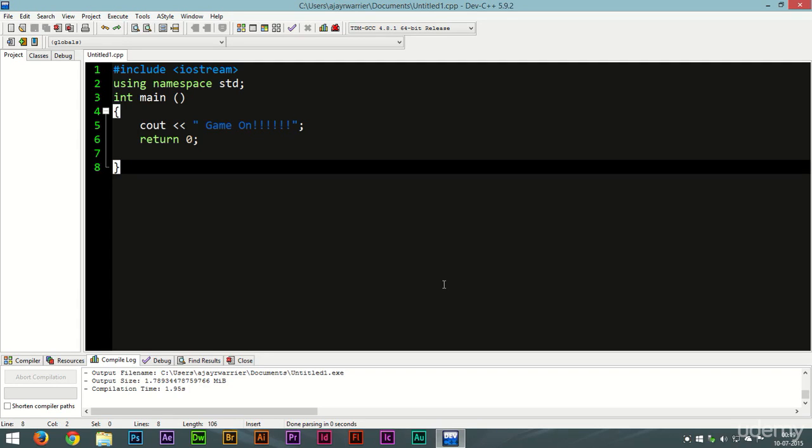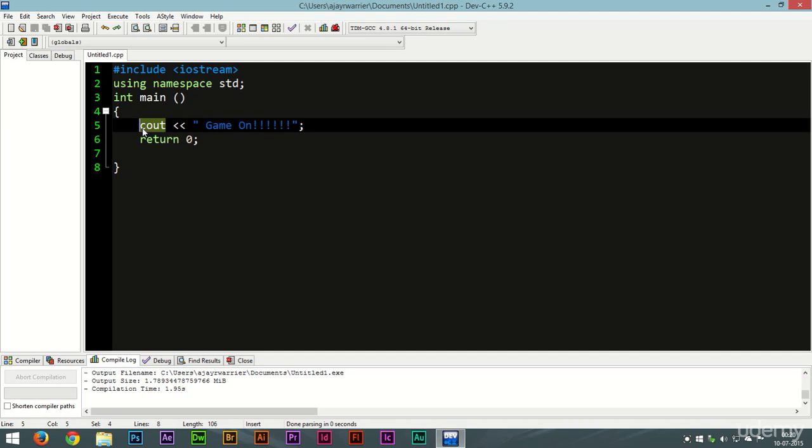Okay everyone, in this lecture we will learn about header files. So we can treat header files as dictionaries. So Dev C++ doesn't know what cout is supposed to do initially. So iostream tells it what cout is supposed to do, that is, print whatever is inside this code onto the